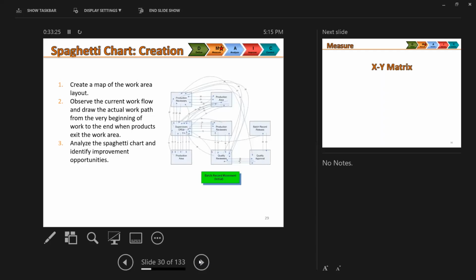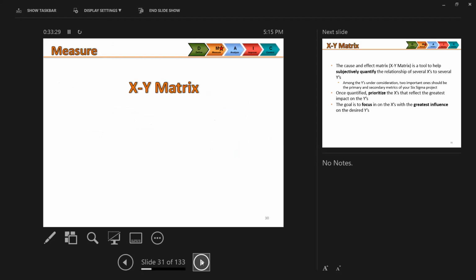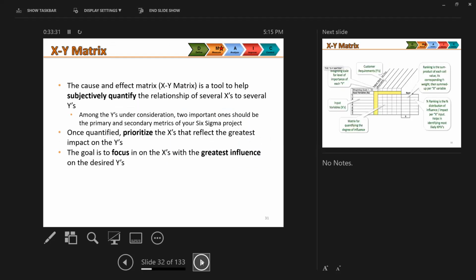All right, so now the last one I think we're talking about today is the XY matrix. I'm gonna buzz through this quickly. Basically it's a way to subjectively quantify, so again, next week we're gonna get into numbers. It's kind of like FMEA a little bit, where you put a number to something that you can't really measure with a ruler, right? You kind of do it by opinion,